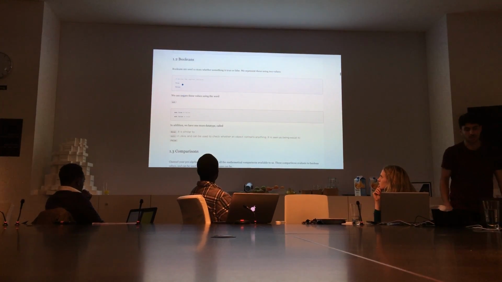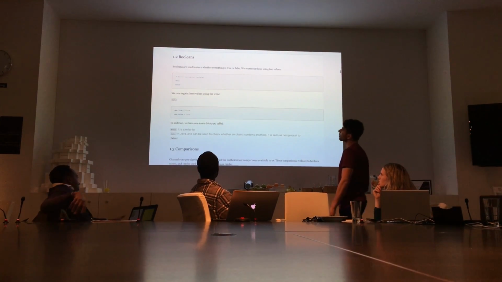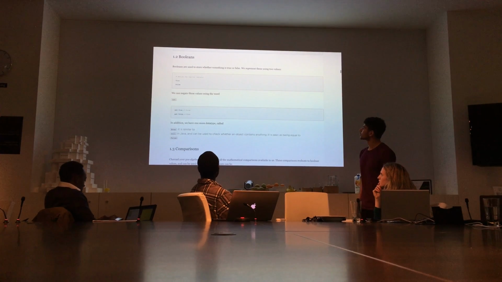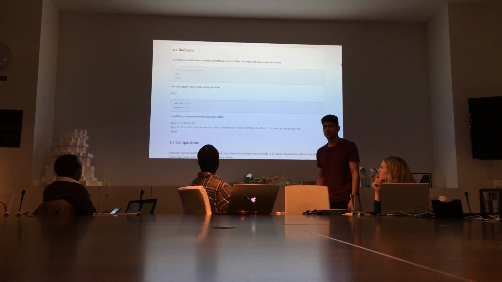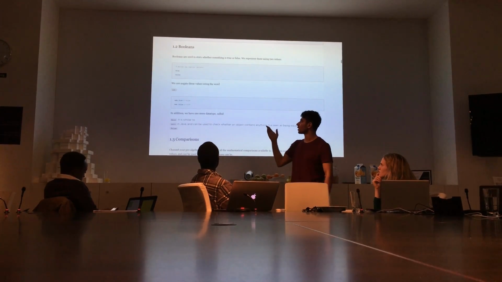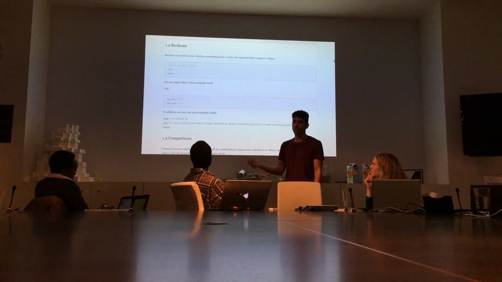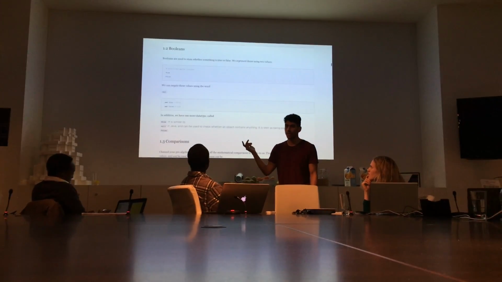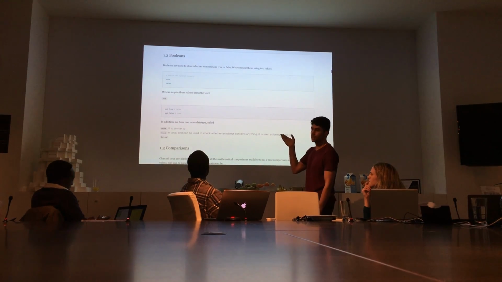Right, booleans, to store whether something is true or false. In most languages that I've come across, booleans would be true and false, however lowercase. Now in Python, they have to be capitalized.